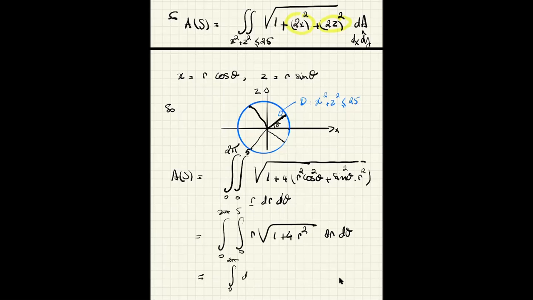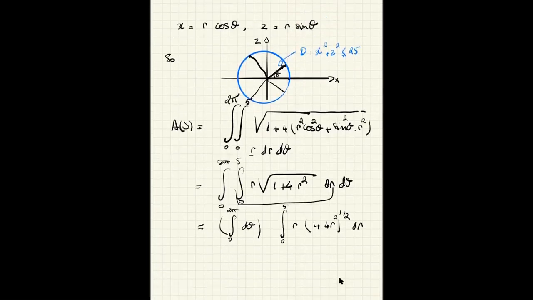If you have seen this in the book, this is why they do this. This is a number that does not depend on theta, right? So you can just pull it out, and it's going to be the integral from 0 to 5 of r times square root of 1 plus 4 r squared, right? Which will be 2 pi times 1 over 12 times